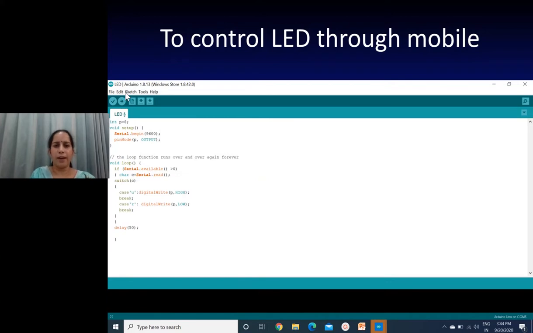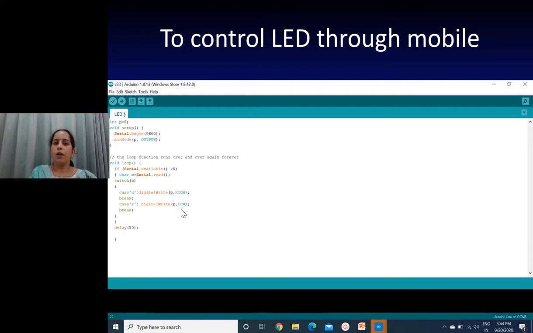There is another program to control the LED through mobile. For this sketch, I have used HC05. In setup, it is just to tell at what rate the input will be taken, and depending upon some input from the Bluetooth, digitalWrite will be high or low, right?